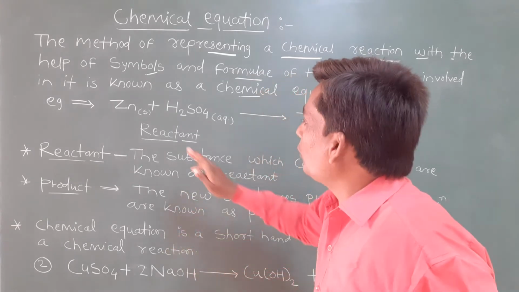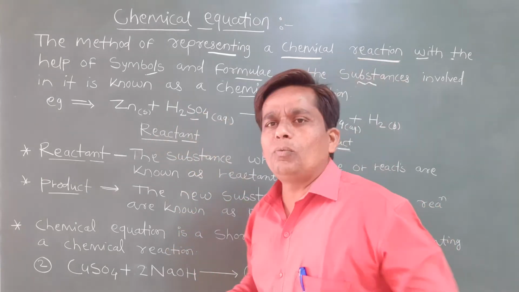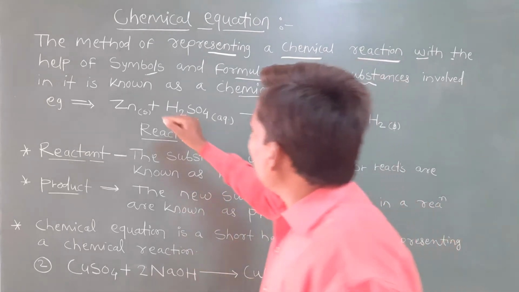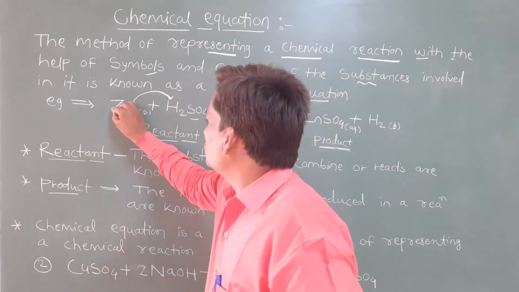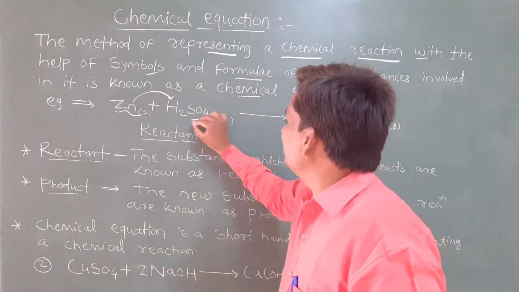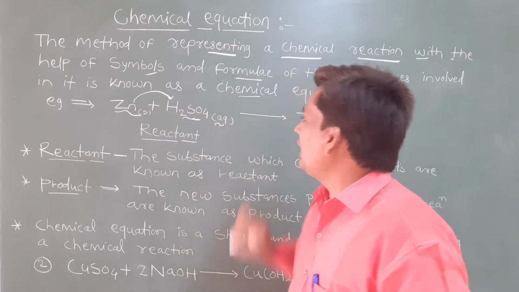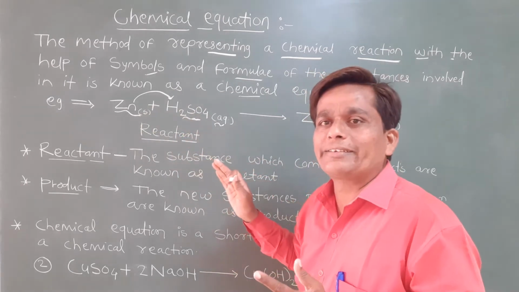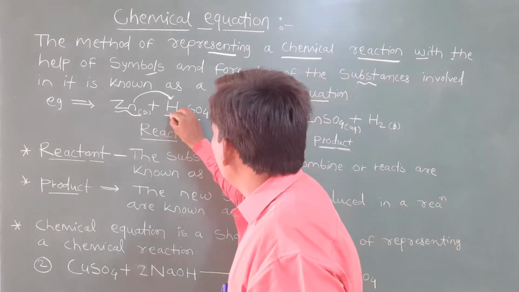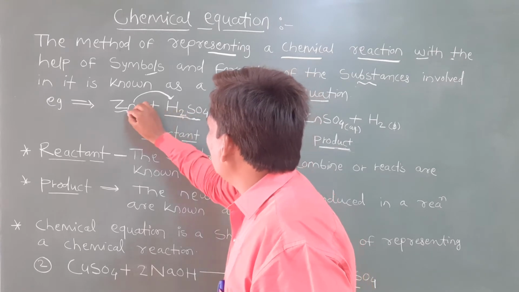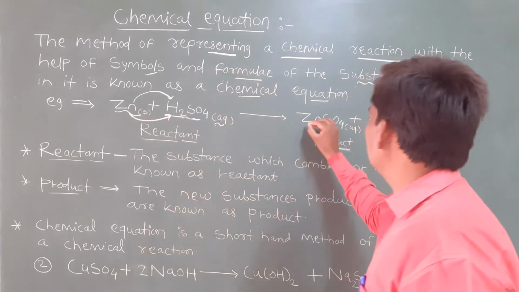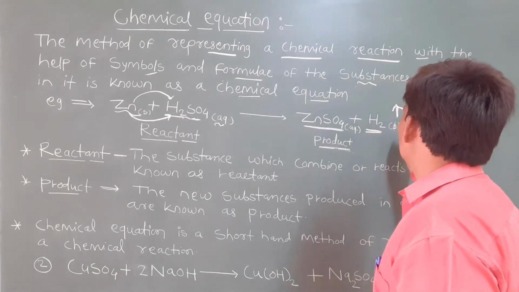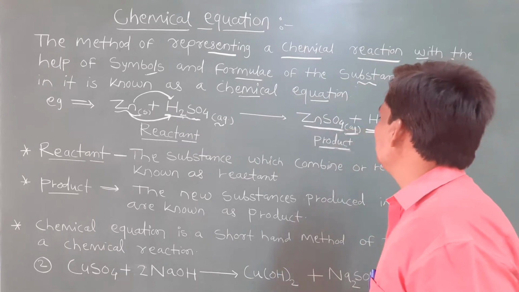Here I have taken the example of zinc and sulfuric acid. In one beaker we take sulfuric acid, H2SO4, and in that we add zinc granules. Zinc is in solid form, and sulfuric acid, H2SO4, is in aqueous state, which means liquid state. When we add zinc, a substitution reaction takes place. Hydrogen is evolved, and in the place of hydrogen, zinc is substituted and we get zinc sulfate. And the hydrogen gas is evolved. This is in gaseous form and the zinc sulfate is in aqueous form.